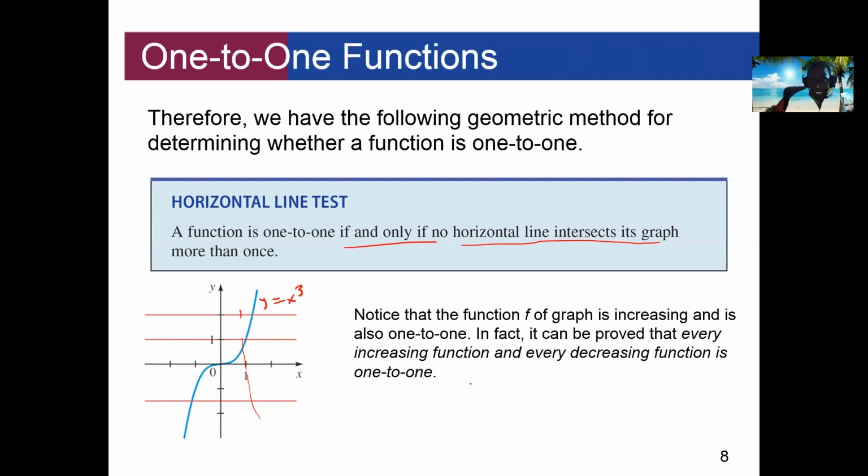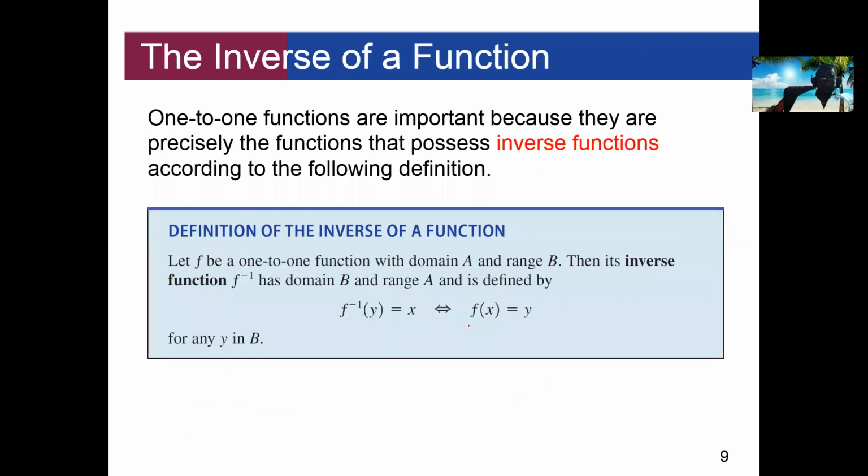Now, if you look at a typical line, this is an increasing function. It is one-to-one. It passes both the horizontal and the vertical line test. Every input has exactly one output, which is unique. And if you have another one that is decreasing like that, that is also one-to-one. So every increasing or decreasing function is one-to-one. So if it is one-to-one, it has what we call the inverse. In other words, what reverses the